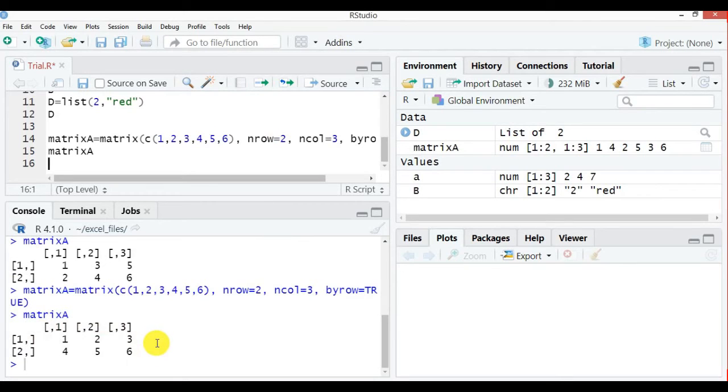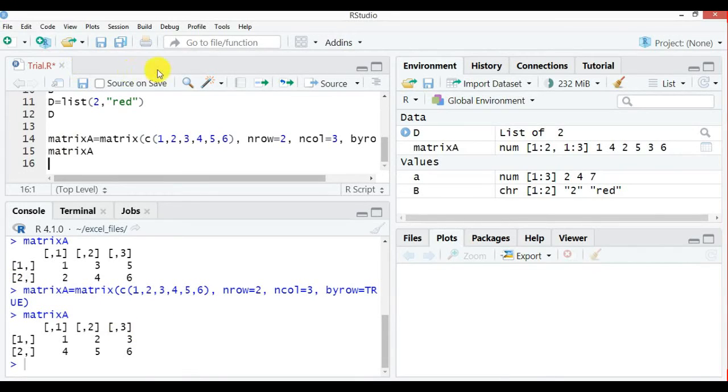It has filled the first row first with the first three numbers, then it has filled the second row with the remaining three numbers. So this is how it does it. If you forget to give byrow equal to TRUE, it will take those numbers from your atomic vector and place them column wise. So be careful about that. This way you can store two-dimensional data of the same type using a matrix.